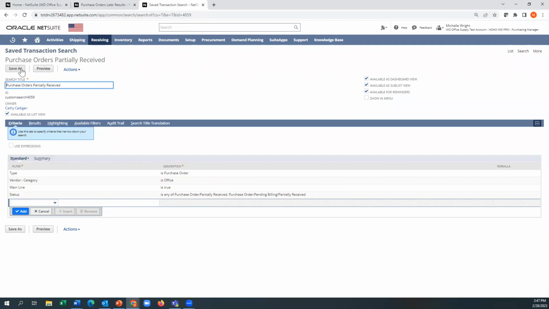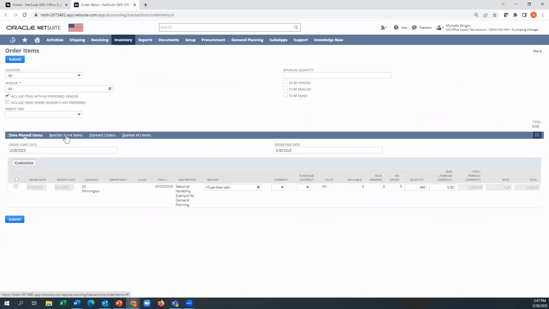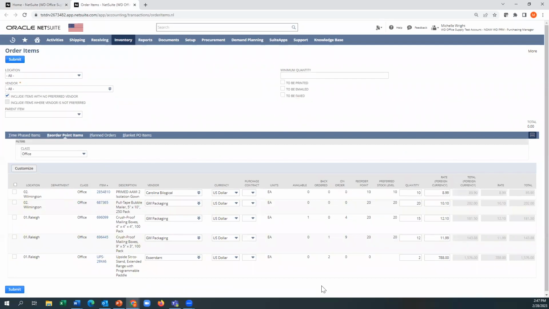Notice I can't overwrite this. I have to do a save as because Michelle doesn't have the right to change this. All right, so that's the whole idea here, is that they have access to this information in real time. They can also see items above reorder point, below reorder point, items to order. So if you're stocking products, you instantly get your queue of everything that needs to be ordered by location, potentially by supplier, right?